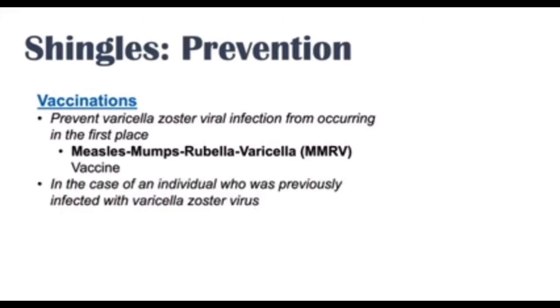And if an individual was previously infected with varicella zoster virus, they had chickenpox when they were younger, we can use a zoster vaccine. So a vaccine specifically to prevent herpes zoster or shingles. This is known as Shingrix. So Shingrix has been shown to reduce the likelihood